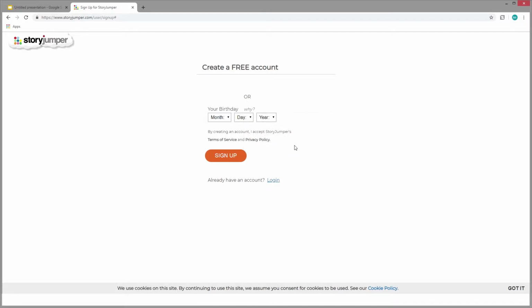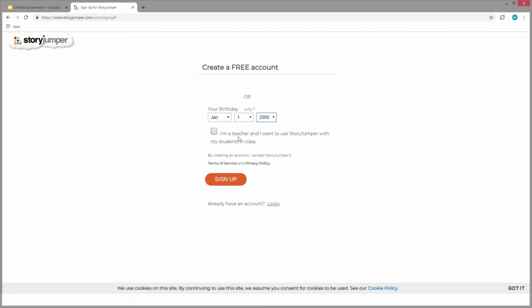So I'm not advocating using false information on websites, but if you kind of want to avoid a huge headache, you might want to have your students just put a random birthday in there and make sure they're older than 13 years old. So if they put like the year 2000, obviously they're older than 13. That's probably not the most honest way of doing this, and I hope I don't get in trouble for saying that. But if you have them put that they're below 13 years old,